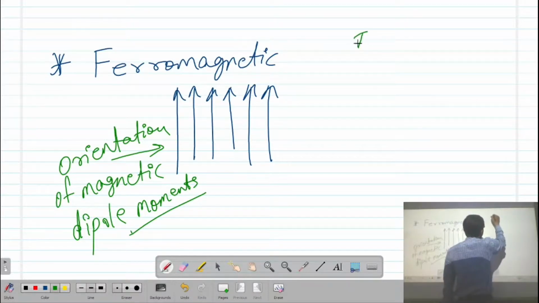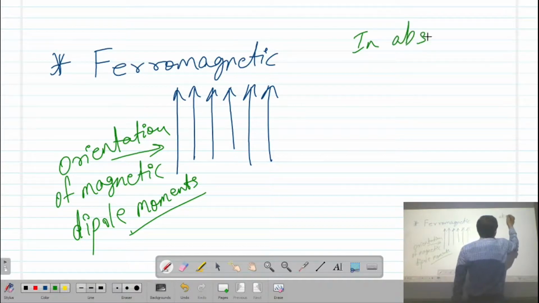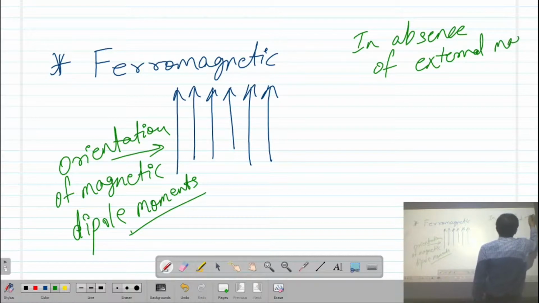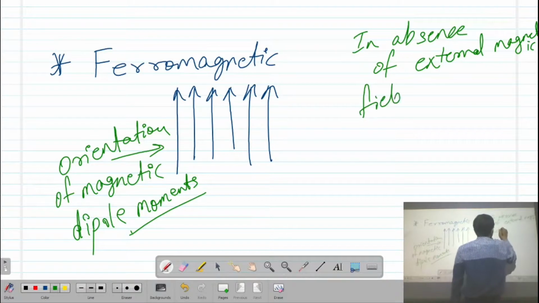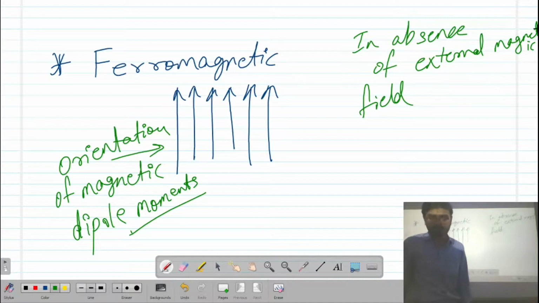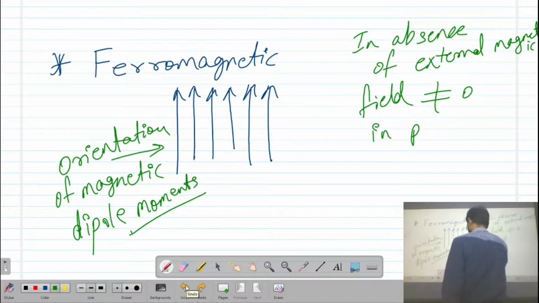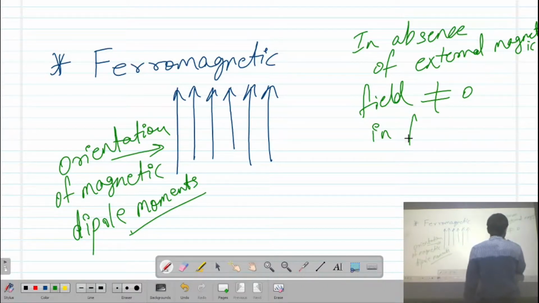In absence of external magnetic field, the net moment will not be equal to 0 in ferromagnetic materials.